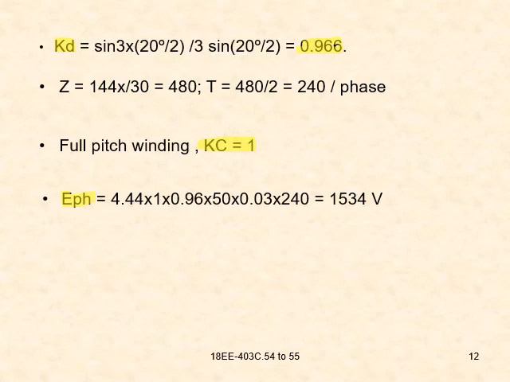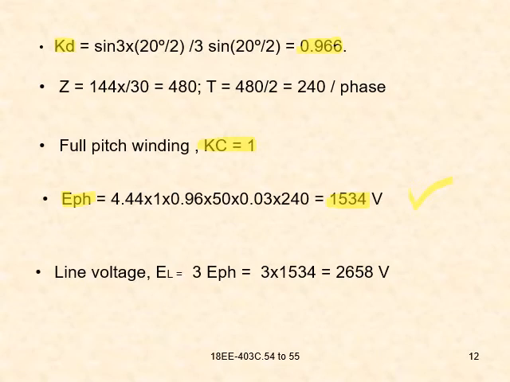This is the phi value 0.03, this is f, and this is T, the number of turns. So finally we'll be getting 1534 volts. This is only the value of phase, and in order to get line, we know that EL